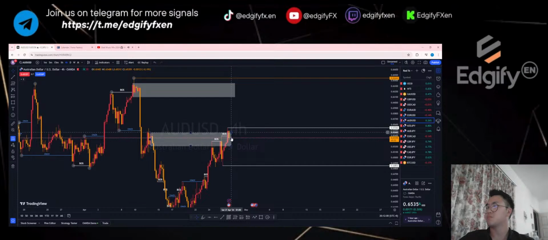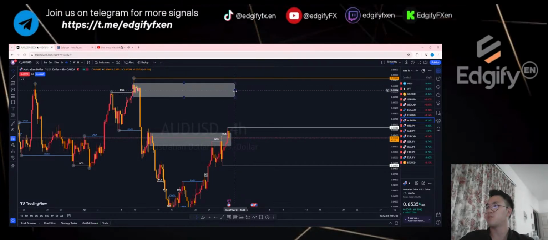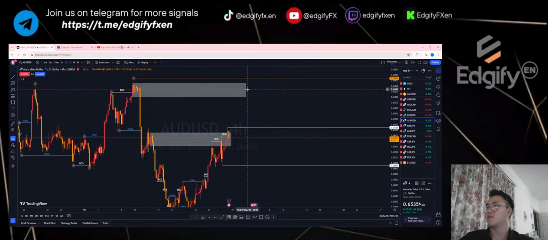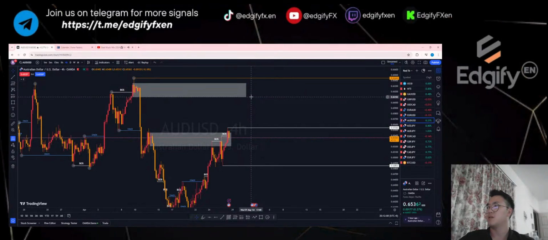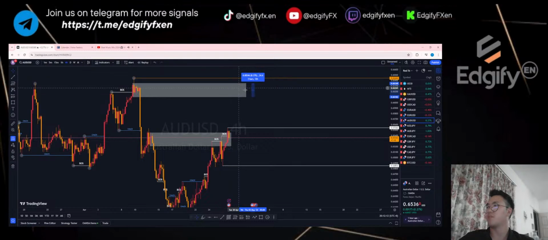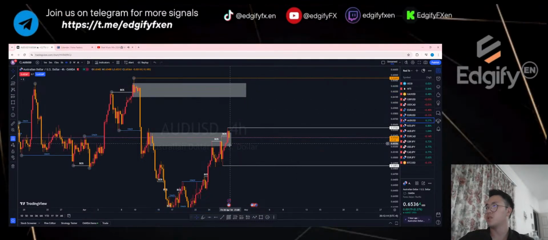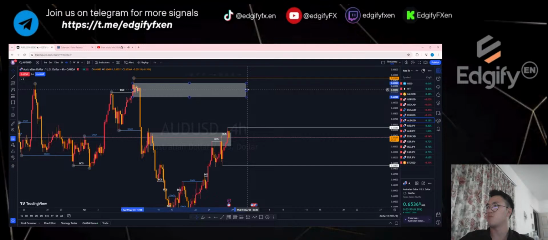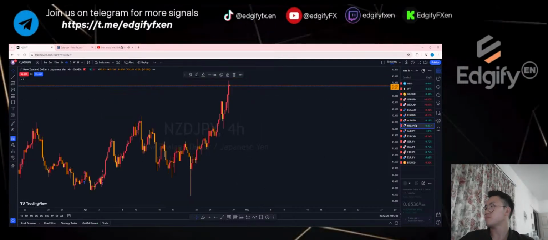All right, if this price still doesn't respect here and it does pump, then we'll be looking at this range here. All right, this is our final supply level, a total of 24 pip, almost 25 pip zone here. All right, so we'll see whether we can get something from here, or if not, then we'll be getting it somewhere here.